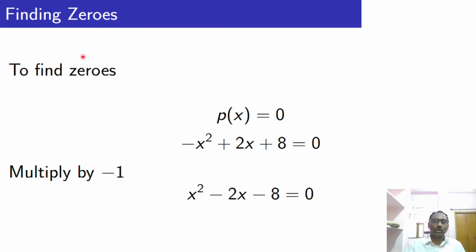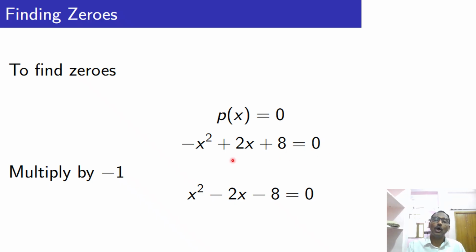Now finding the zeros. To find zeros, always we have to take p of x equal to 0. I told this many times. Remember it. So to find zeros, what we have to write? Always we have to write p of x equal to 0. So the given polynomial we are writing in place of p of x: minus x square plus 2x plus 8 equal